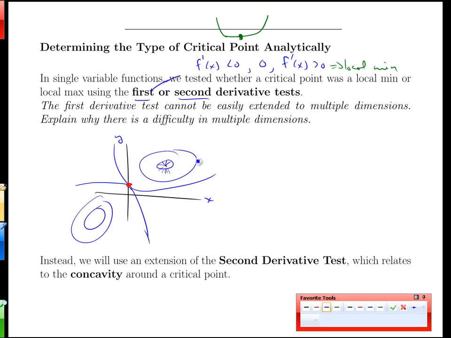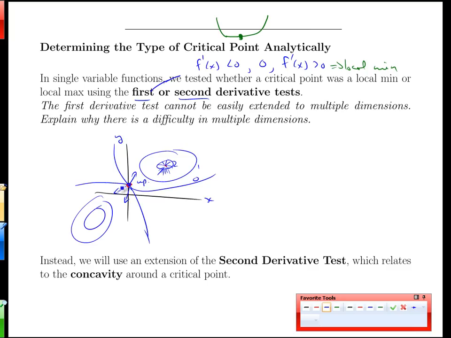And certainly, if this was a local max, well, we could say, oh yeah, all the directions point downhill. The slope's negative in every direction, no matter which direction I go in. But then you have to test them all. It's possible that there's maybe some little window, some little narrow part where the slopes are positive, and you'd have to find that. Likewise, in a saddle point, you could say, well, it's going up in this direction,